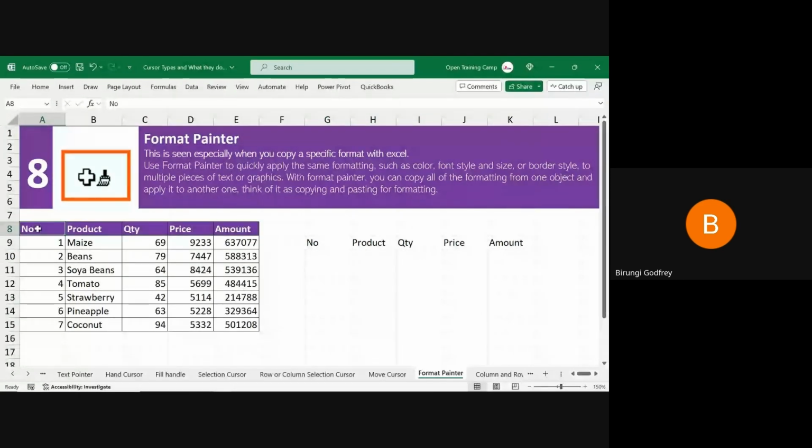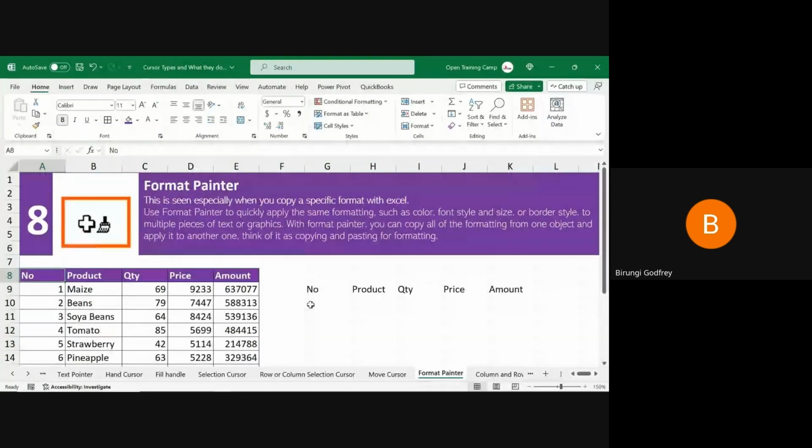I have the headings in which font? Let me just bring it back here, my ribbon. I have the headings showing in Calibri as a font, 11, and bold. All that is part of formatting. And I also have the background or the fill color. If I want to replicate it first here, I highlight this entire range, click on my format painter here, just